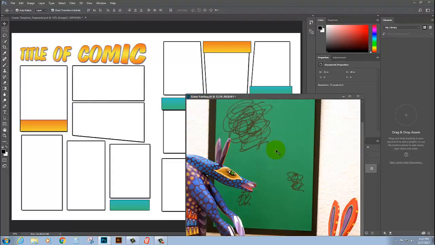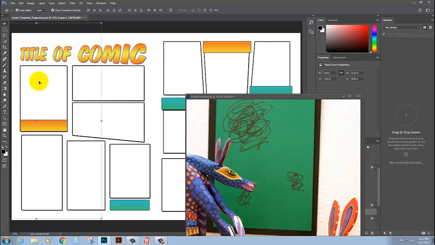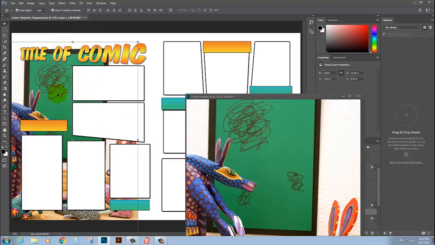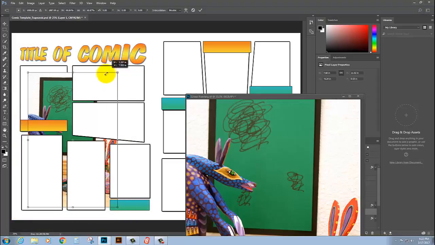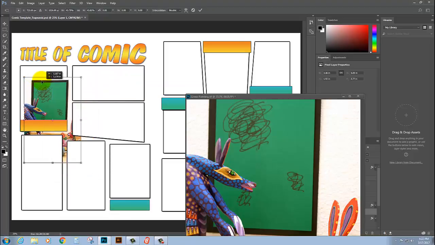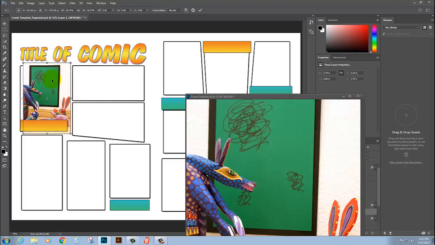Now, with the Move tool still selected, I will grab this and drag it over. The plus sign shows that it's adding to this page. Now, because I have Show Transform controls on, I have these little handles around the edges. So I would just hold down Shift and Alt on the keyboard, and that will make the image shrink equally from all sides. So I'll get approximately the right size and then move it, shrink it a little bit more,